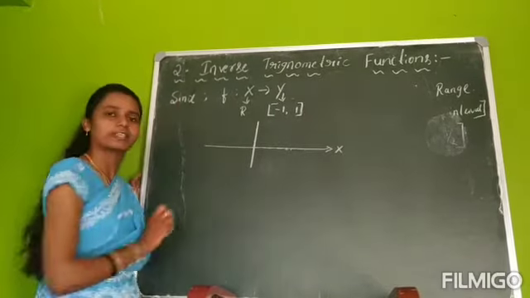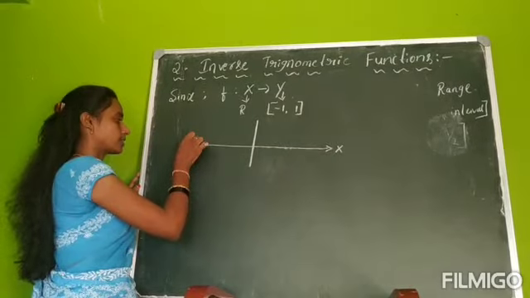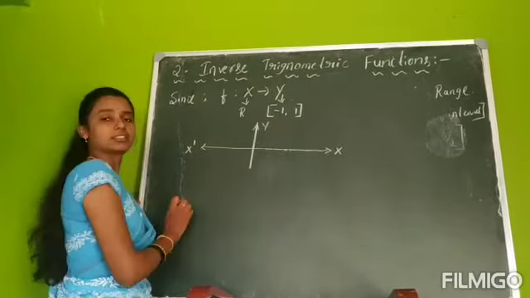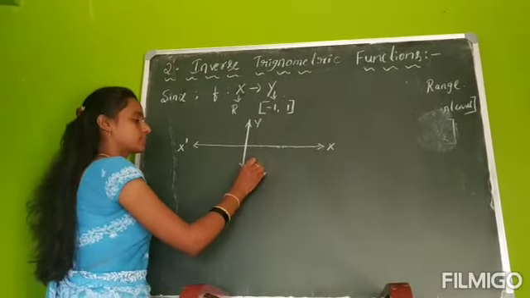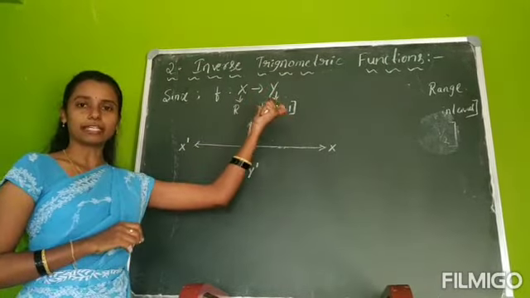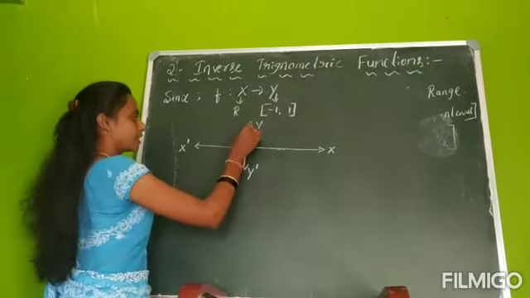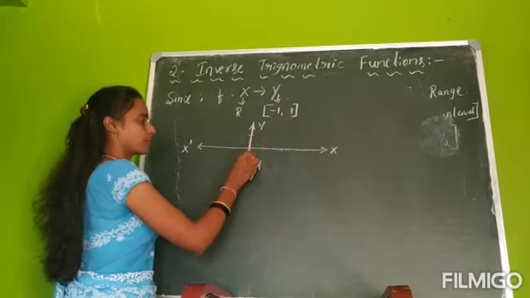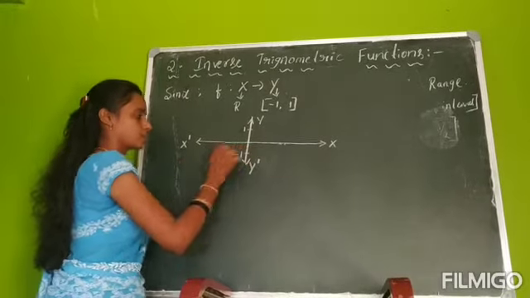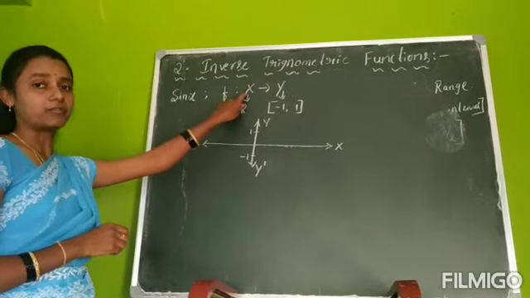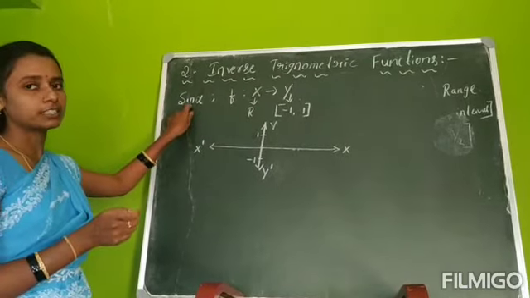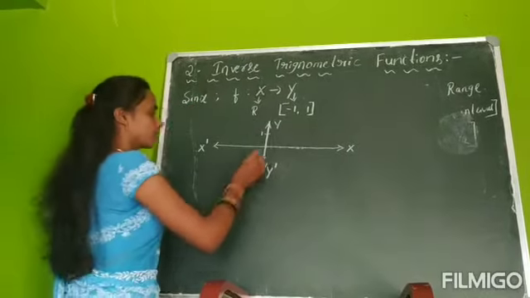I take this as the positive x-axis and this as the negative x-axis, which I'll represent as x dash. And this is the positive y-axis, this is the negative y-axis, that is y dash. Now on the y-axis we have the interval minus 1 comma plus 1. I'll take positive 1 here and negative 1 here. And x is the domain, the set of all real numbers, which means sin x is not restricted to any interval. I can write that as